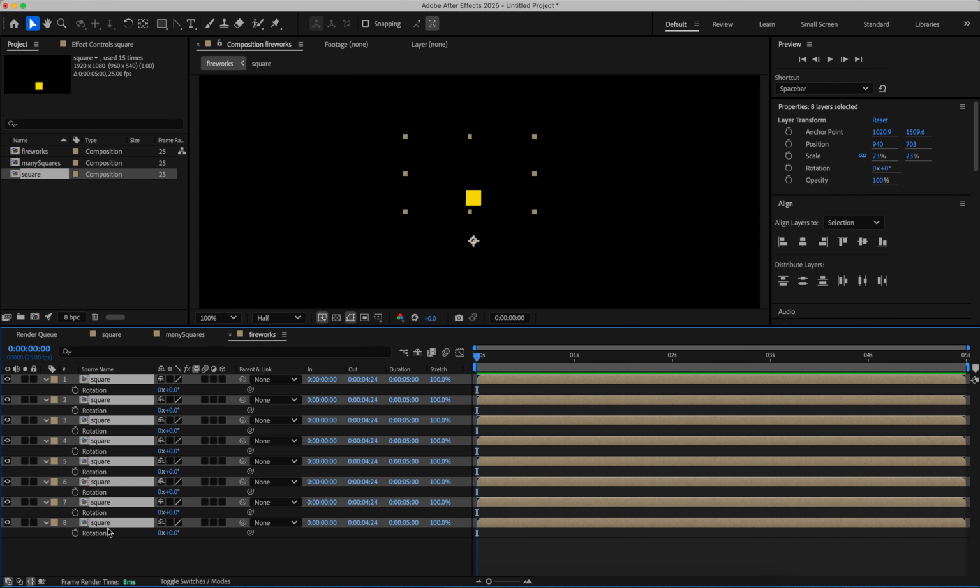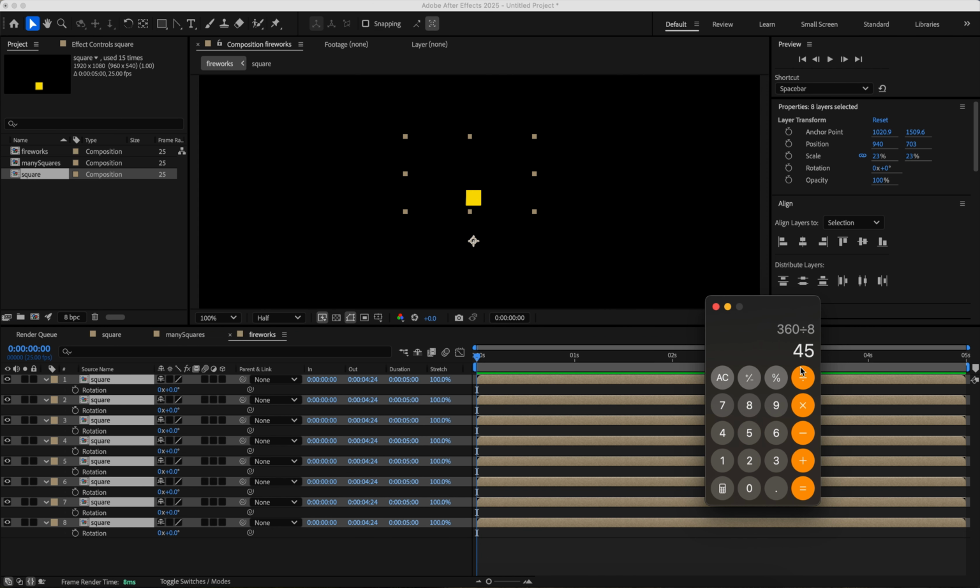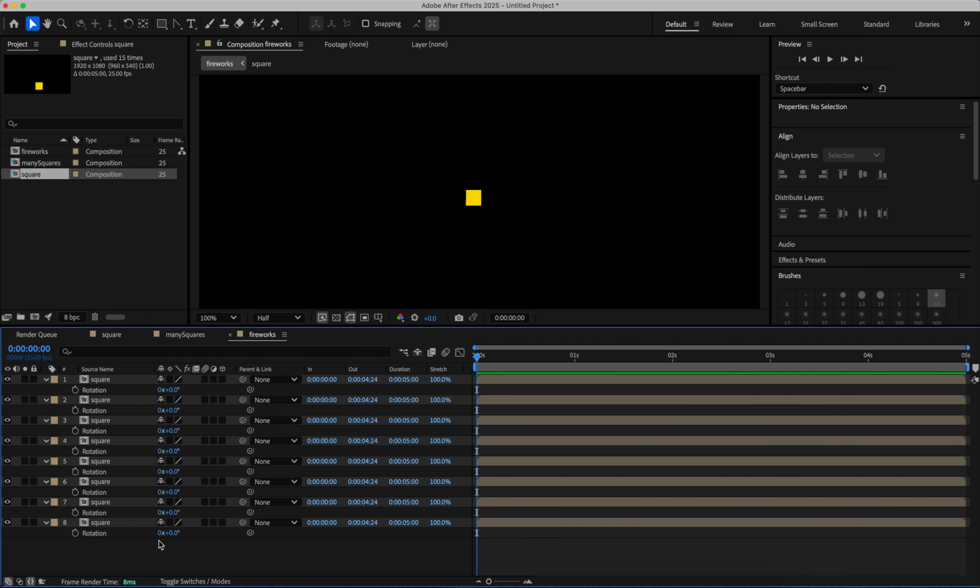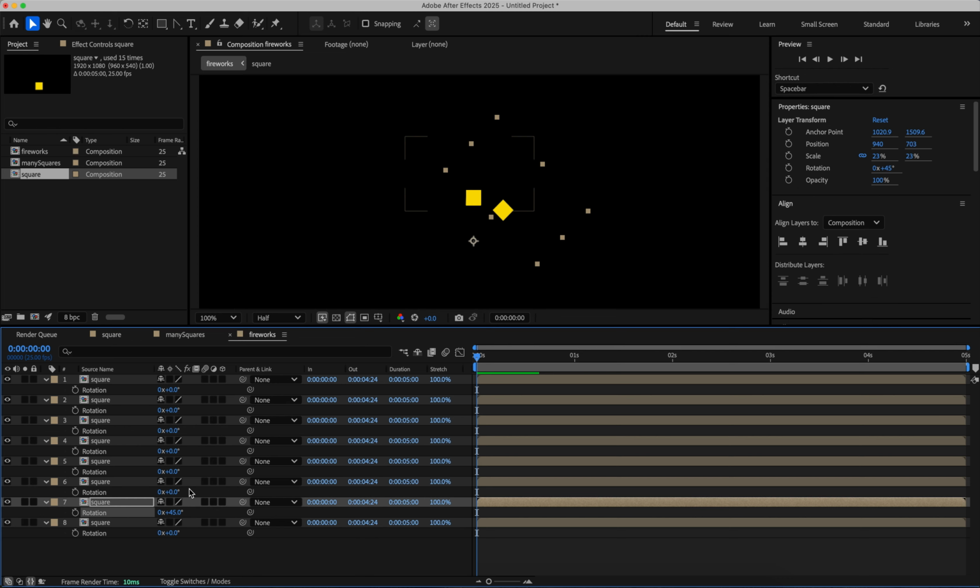So you can see, in total I got so many. And you will still remember what I calculated, 45 degrees. So what I do here is type 45, and then 45 plus 45, so 90. 90 plus 45, 135 and 180,